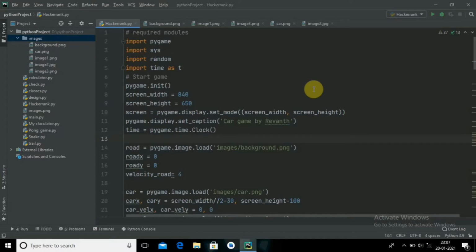If you want to know the details of how I have created it, you can check out my previous games or the previous video. I will provide it in the I button, or you can check in the description also. That's it. Let me show what terms I have used and how exactly it works.